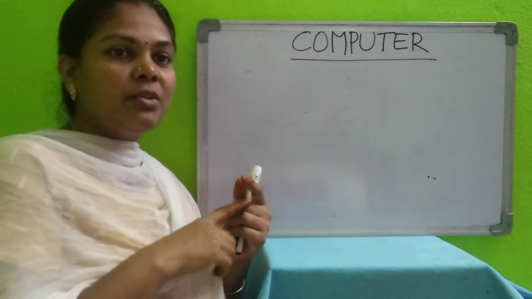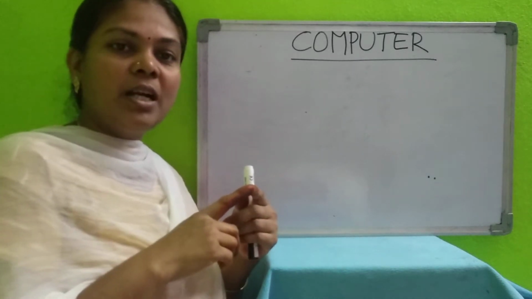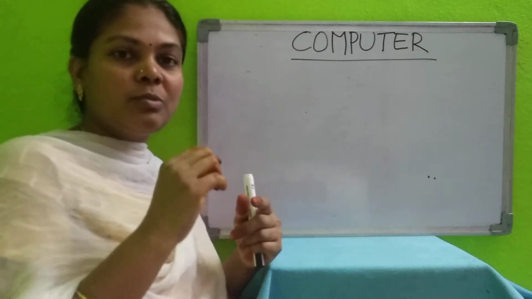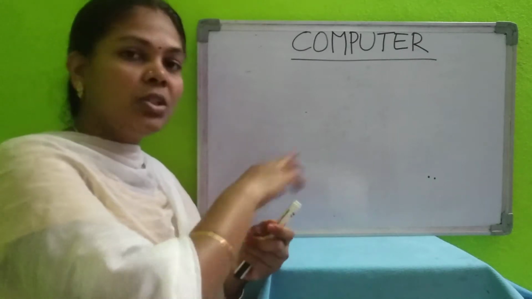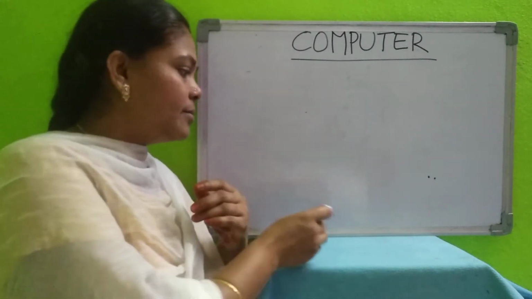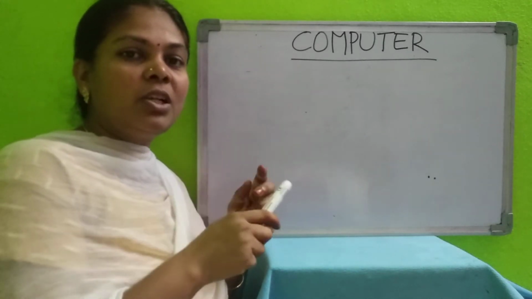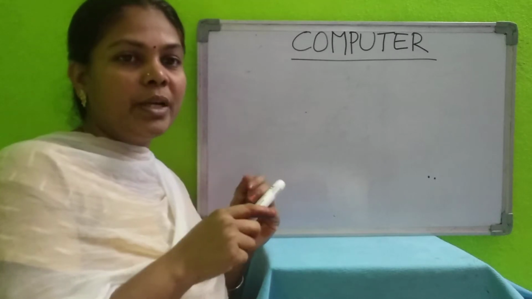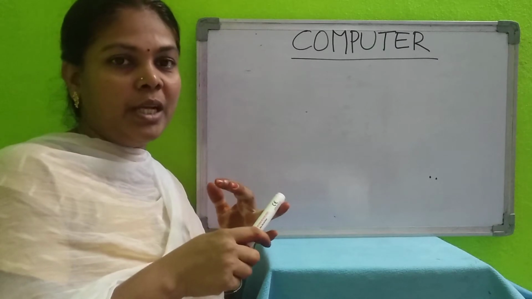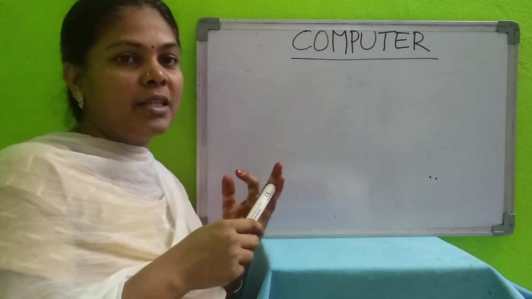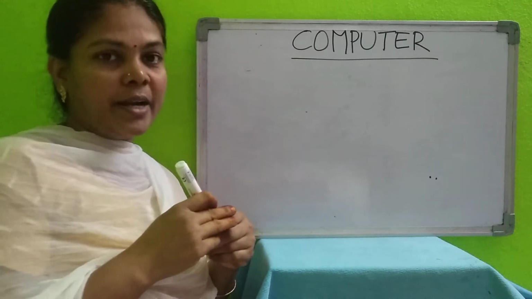After starting the computer, what is displayed? The screen. That screen is called the desktop. On the desktop, small pictures are there. Those pictures are called icons. Down there is one bar, that is called the taskbar. On the taskbar we have the start button. When you click on that start button, the start menu will open. From there you can start any application. You can open Notepad or Paint, and you can draw pictures and write some information. Like that we will start a computer.